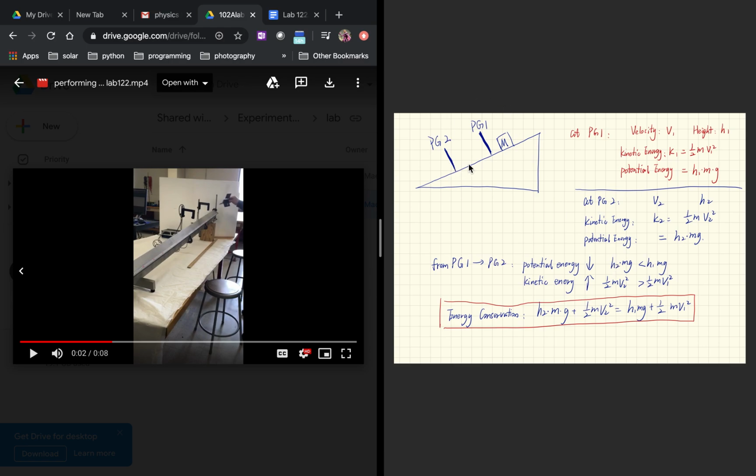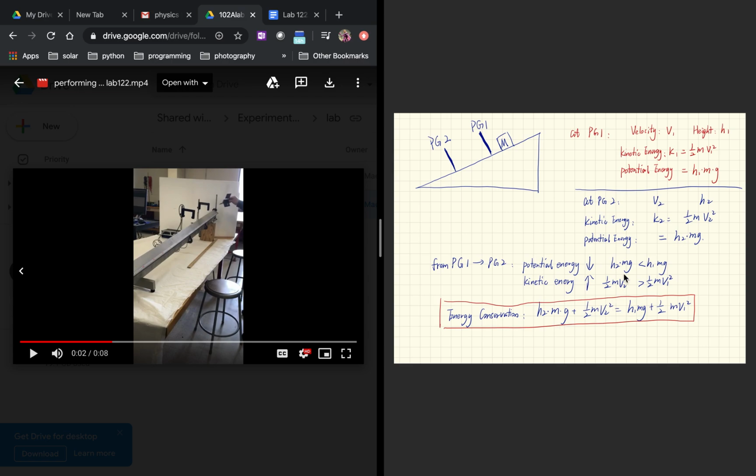flow gate 2 is lower than flow gate 1, so H2 is smaller than H1, which means the potential energy at flow gate 2 is smaller than the potential energy of the glider at flow gate 1. But kinetic energy is increased. Because V2, the velocity at flow gate 2 of the glider, will be larger than the velocity at flow gate 1. So V2 is larger than V1, so the kinetic energy at flow gate 2 is larger than the kinetic energy at flow gate 1. Alright, so